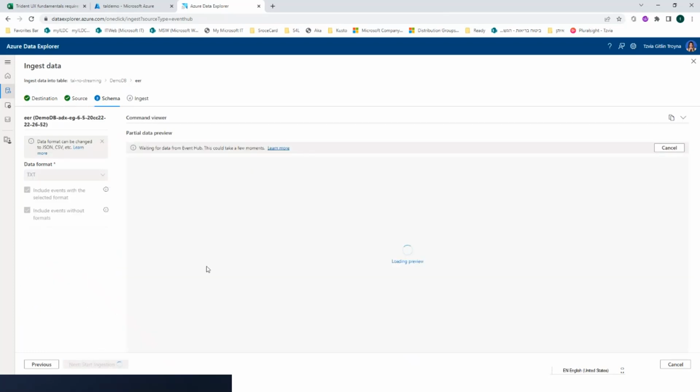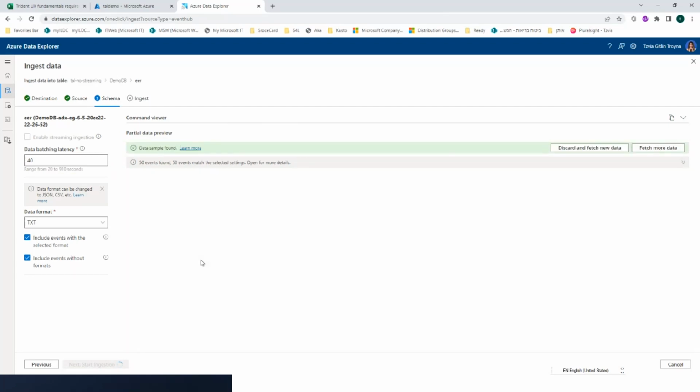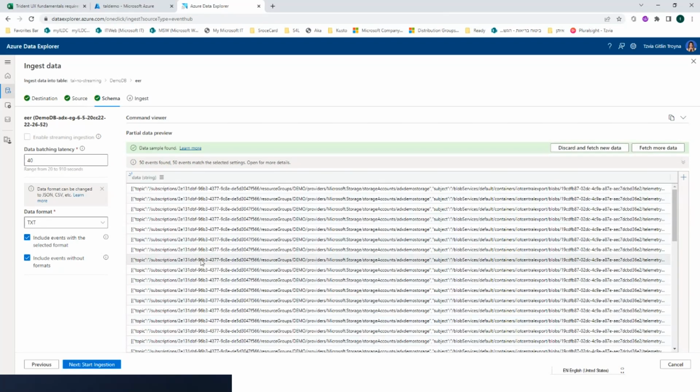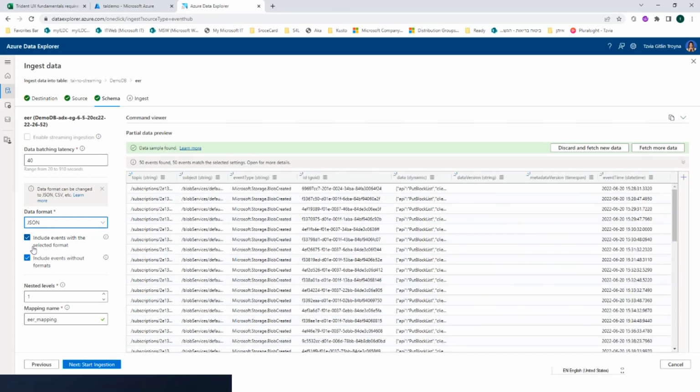And at this point, what is happening, we are waiting for events to be generated, to be streamed in the pipeline. Once data is ingested in the Event Hub, this inference takes a sample of those events, infers the schema, same as we did earlier. And here, this is the table that is suggested to support this Event Hub. At this point, I can make adjustments, of course, as I did before. I can change the structure into, for example, JSON